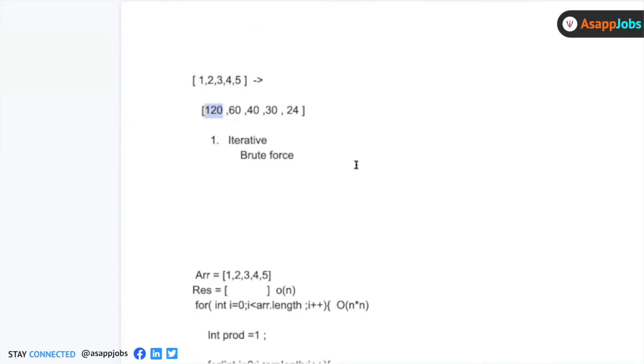So if we multiply all the elements and replace each position by the value we get by dividing by that particular position's element, we will get this particular array.